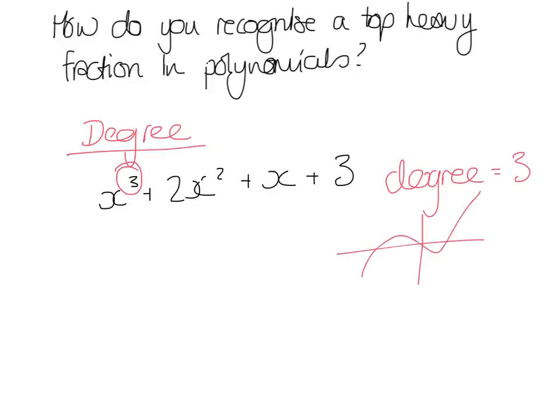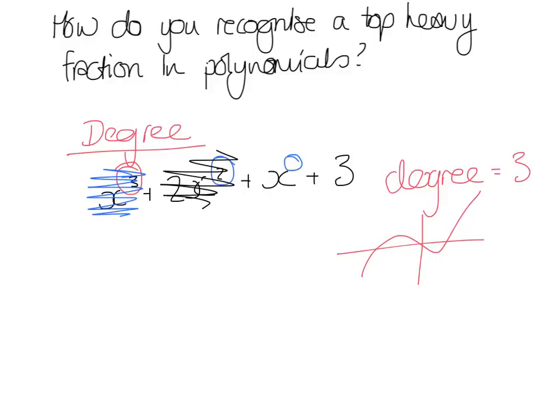It could be a quartic, it could be a quintic if it is 4 or 5. If we ignore that term there and pretend it wasn't there, then we'd have the highest degree of 2, and we'd have a quadratic there. And again, if that wasn't there, we'd have a degree of 1, and we'd have a linear equation. So you're dealing with these things already. You know how to recognise linear, and you know how to recognise quadratic and cubic graphs, but you've never had it formalised to you, highest power. And when you get onto